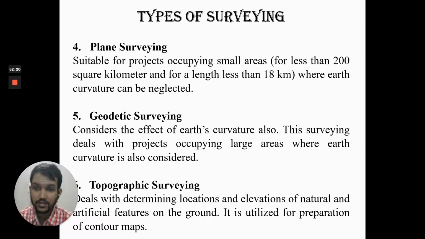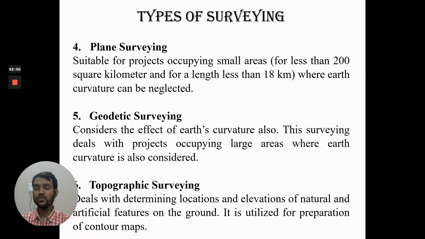Earth's curvature correction has been defined based on the radius of the Earth. It is basically d squared by 2r, where d is the distance between those two points and r is the radius of the Earth in kilometers. When you study this, you will get to know that even for geodetic surveying, the Earth's curvature effect has been introduced and defined. So geodetic surveying is where the effect of Earth's curvature is considered, and plane surveying is where we don't consider it.